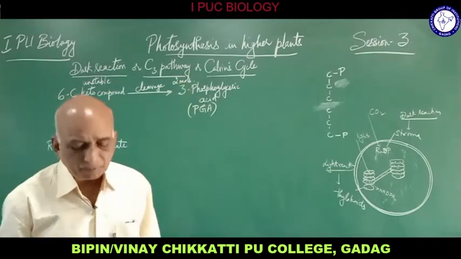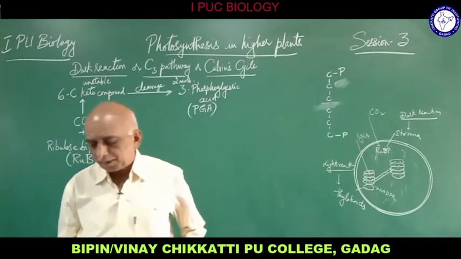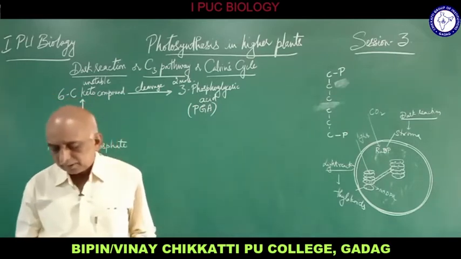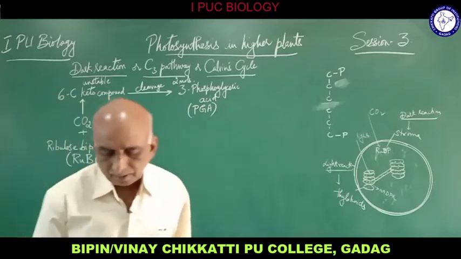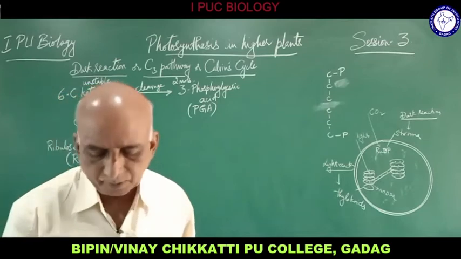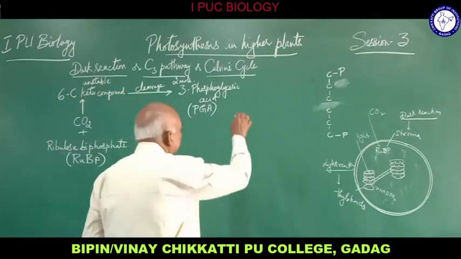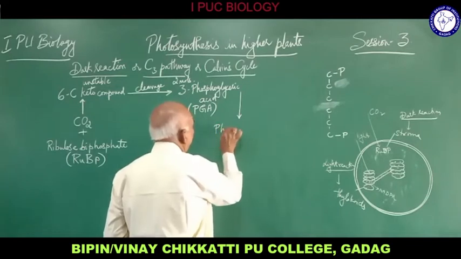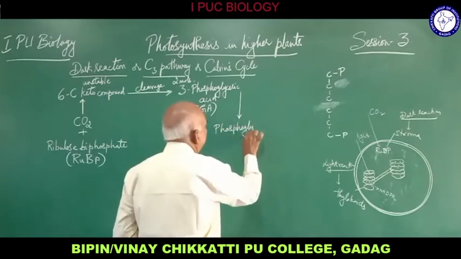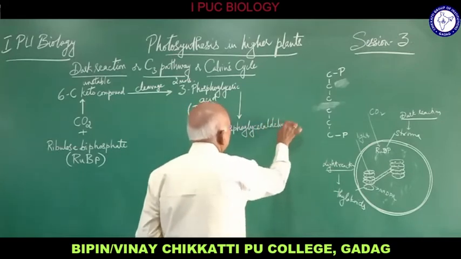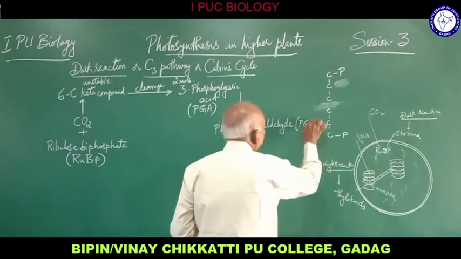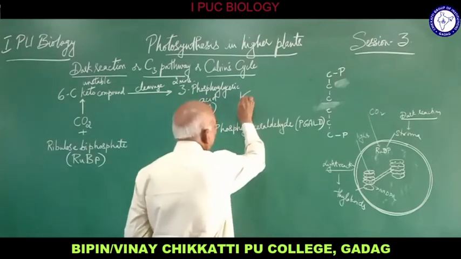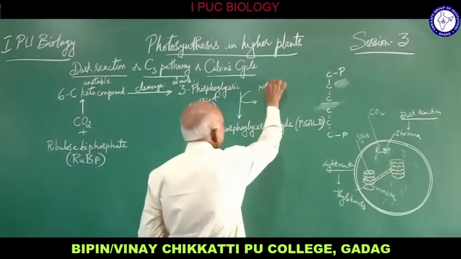Now when the phosphoglyceric acid is formed, in the next step the 3-PGA will be converted into phosphoglyceraldehyde. So phosphoglyceraldehyde, which is shortly written as PGALD, is formed by the reduction of